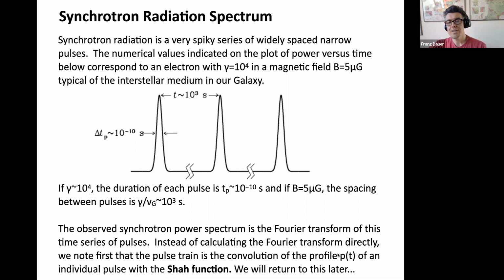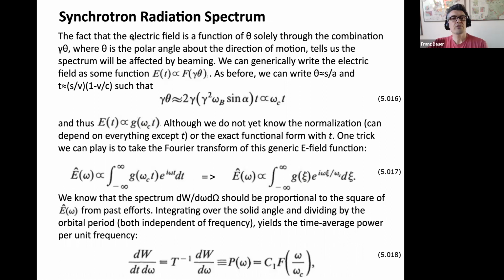And so this pulse train, each individual pulse is very similar. And we can then convolve the Fourier transform of this individual pulse with the Shah function. And when we do that, it simplifies the math, but we end up getting out the same thing. So we'll return to this later. Okay, so thinking a little bit more about this,